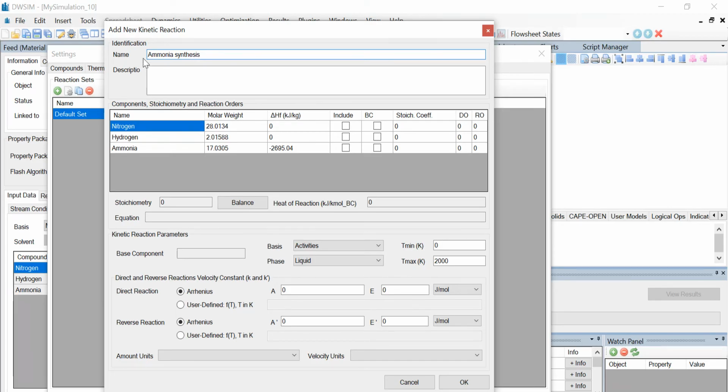Now you can see that nitrogen, hydrogen and ammonia are the compounds which will be required for this reaction. So let's check all the boxes under the Include tab, and let the base component be nitrogen, and let's change the stoichiometric coefficients of these components according to the reaction.